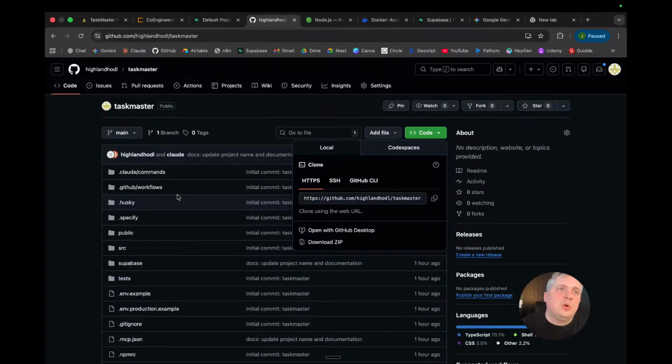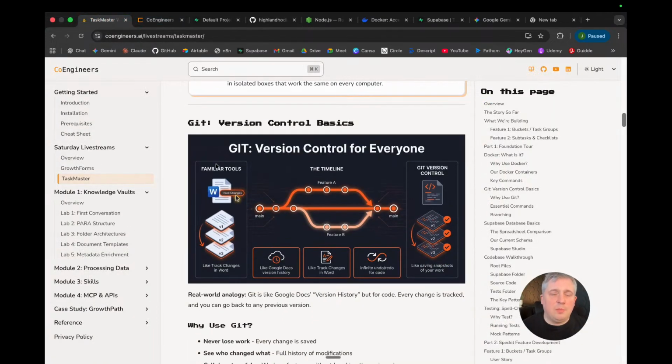But with Claude Code, what you can just say is, can you store this to GitHub, and it's going to go and do it for you, which is particularly cool. So in this GitHub, the other thing that it's really good for is having independent work streams so we can